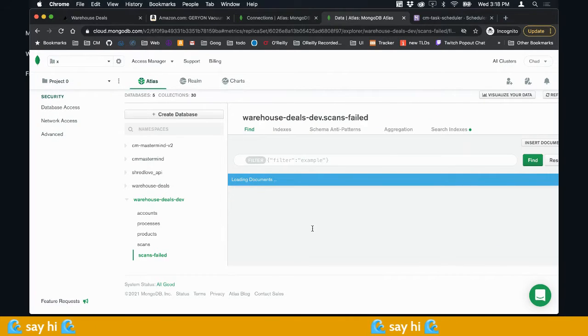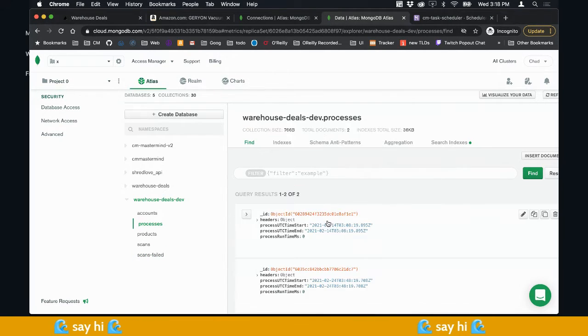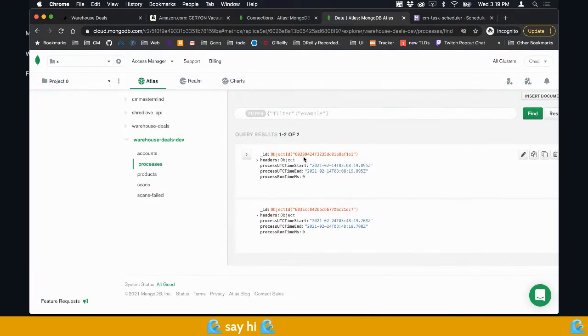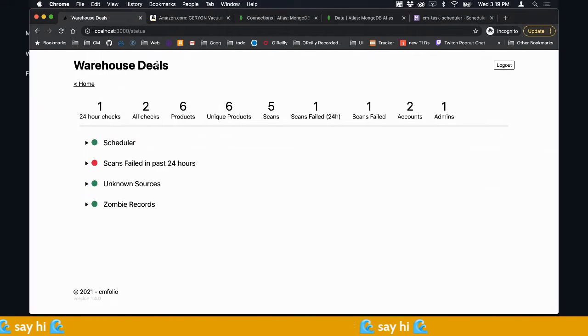Scans failed. You got one in there. What did I want to look at? Processes. Okay. So, I've got 2 in there right now. I'm also tracking these on my status page. I did 1 in the last 24 hours just to play with it, but